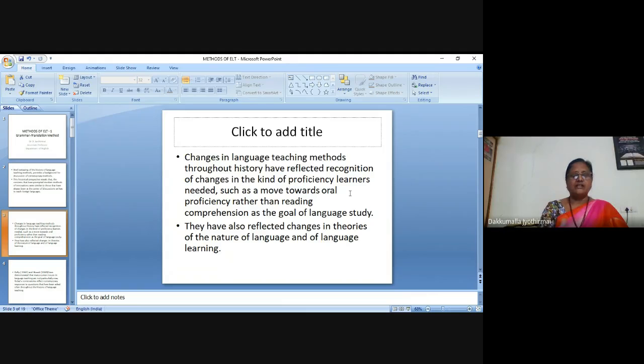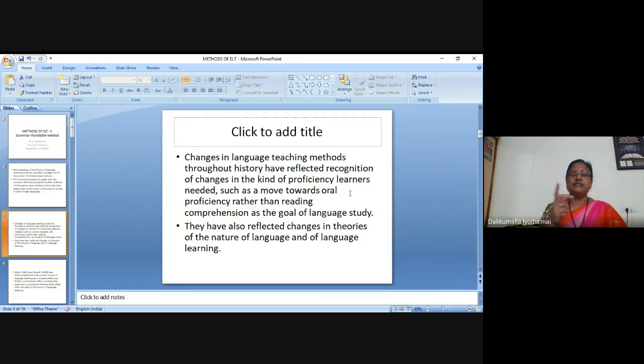But gradually it changed. Now, instead of having the reading and writing skills, they wanted more proficiency in speaking. It is not simply reading comprehension. The goal of language learning is not simply language comprehension, but oral proficiency. So proficiency is how fluently you can talk. So the goal of language teaching and language learning